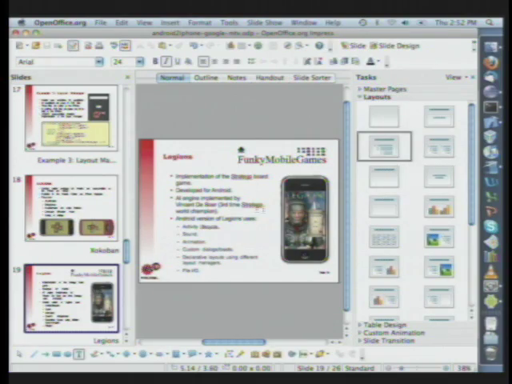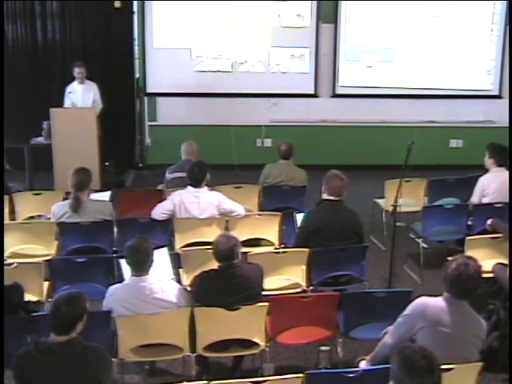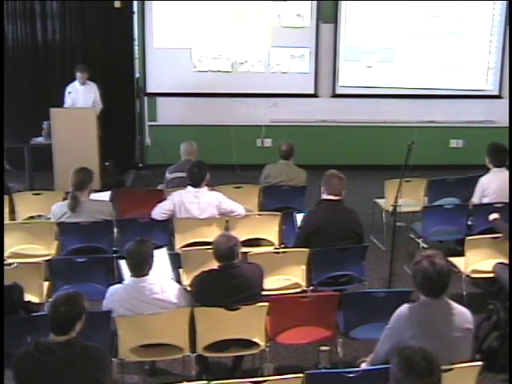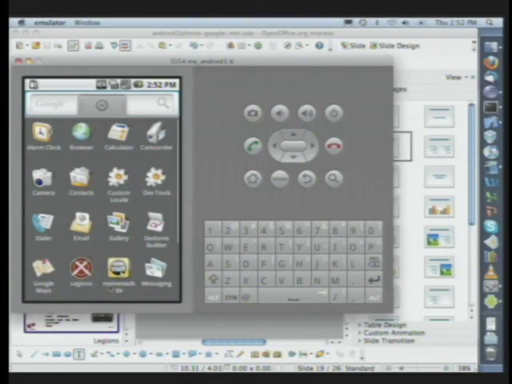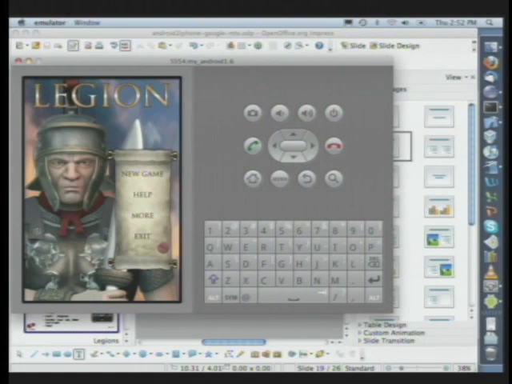So what I want to do now is another demo, and I want to show you this game of Legions side by side in both the Android emulator and the cross-compiled version for the iPhone. So what I'm launching here now is the Android version, and I can turn up the sound just for a second here. I don't know if the microphone picks it up, but they have put a lot of effort into this game. They have hired a composer for the music. They have hired a design artist for the graphics. So let me just turn off the sound here.